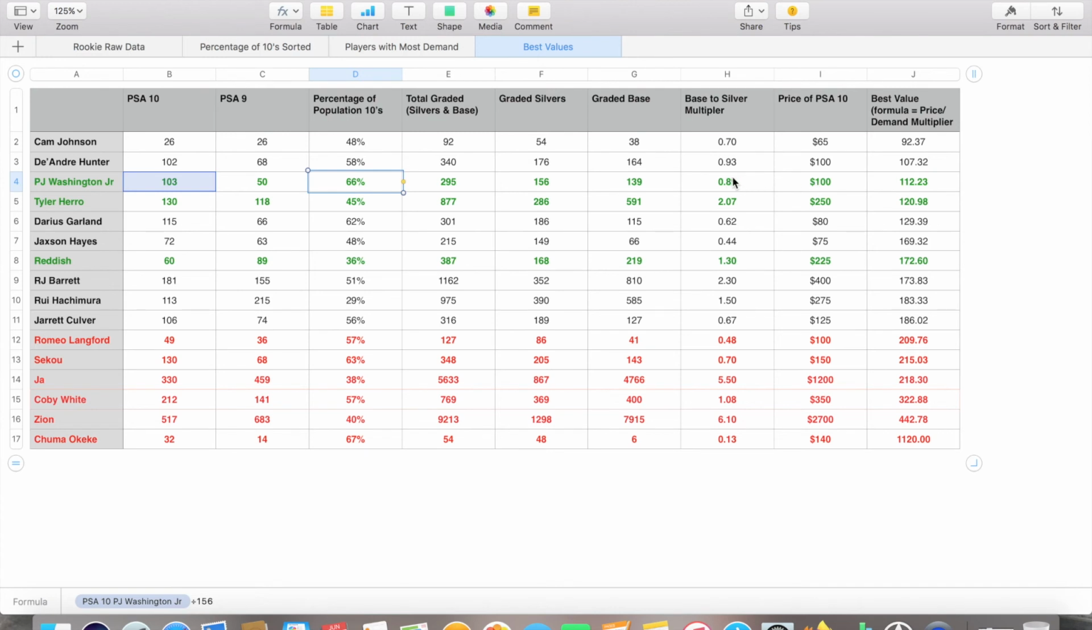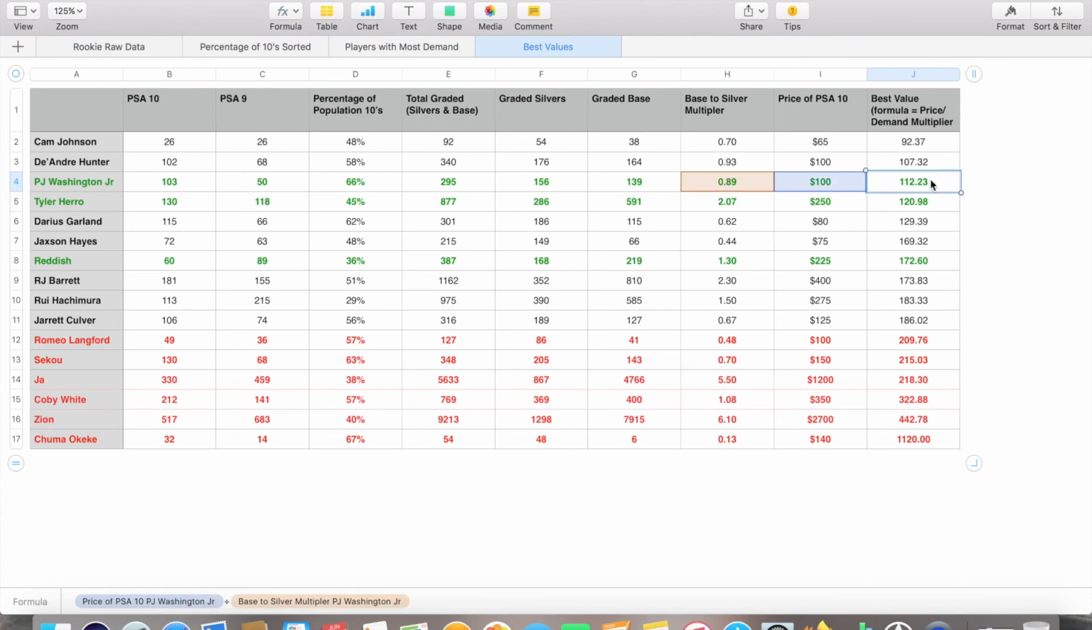We see pretty decent demand for him. It's under 1, so he has less demand than DeAndre Hunter and even Kobe White as well. I'm surprised that he has less demand than DeAndre Hunter, honestly. But I guess power forwards don't get the same type of love that shooting guards and small forwards get in the hobby. But at $100 for his PSA 10s,